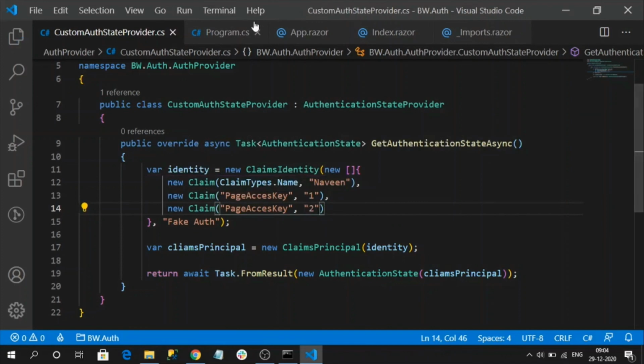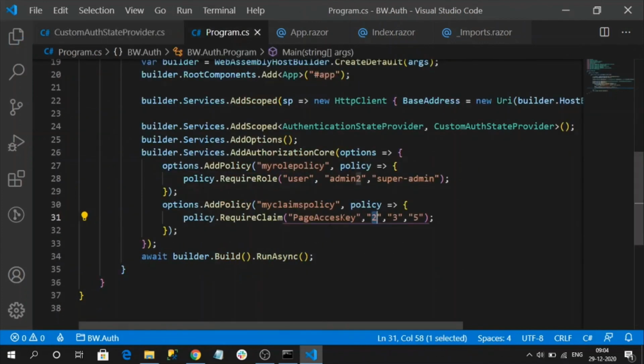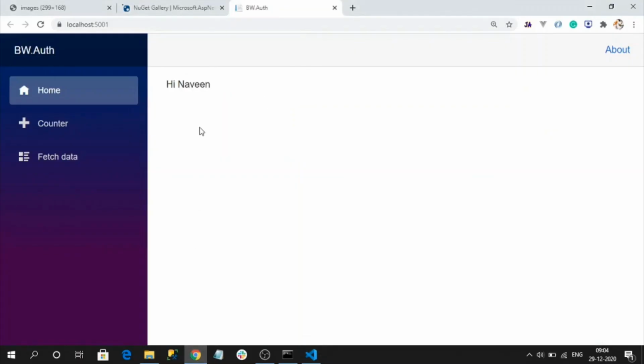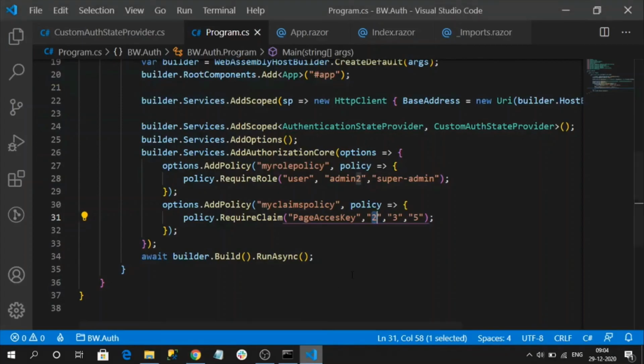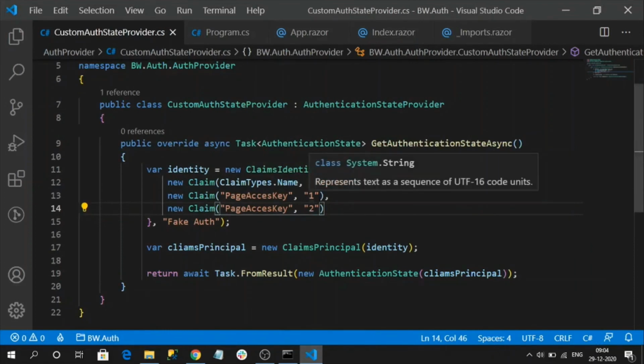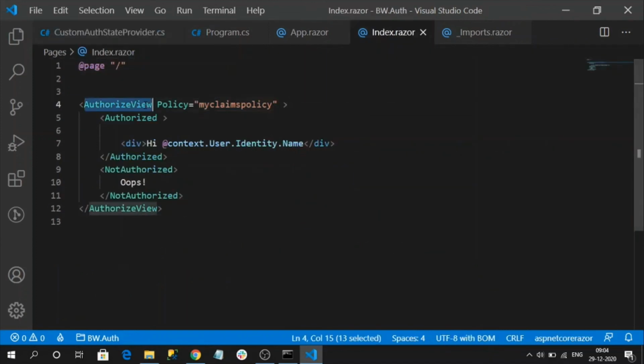So 2 will be matched with my policy. Now I am able to access the page. See, we reload again and I am able to access the page. So this is how claims work. At least one of the values of the claim should match the user claim value. This is how we can use claims based authorization on our authorized view.